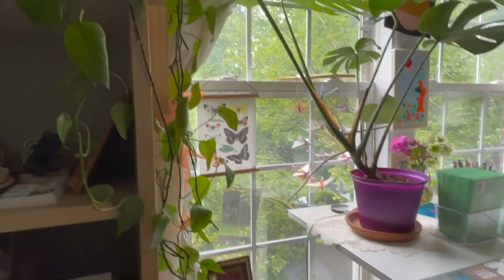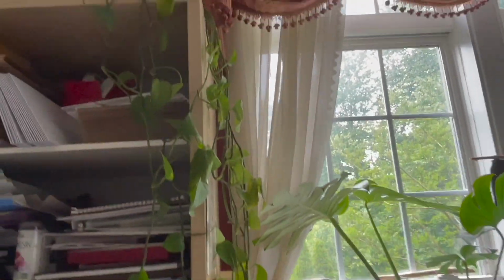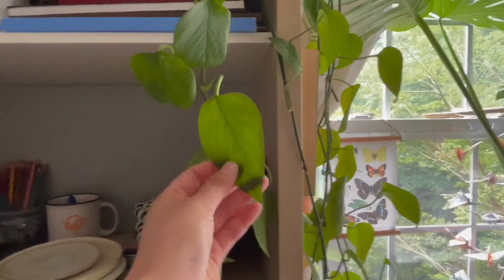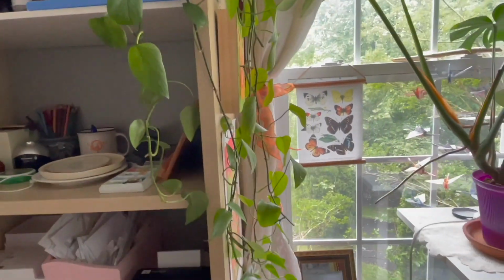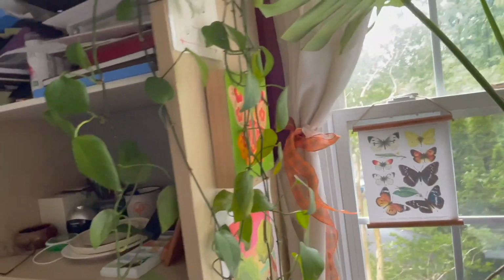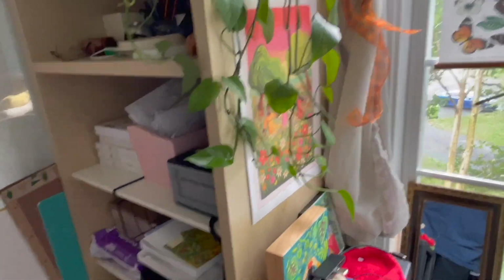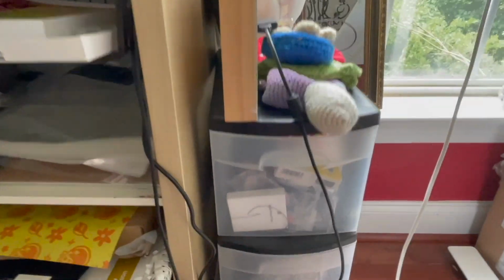Not sure what that's called, but. And then here we have my pothos plant that is very long and actually needs some watering because it looks a little dehydrated. So there's that, and then just a little corner, got my butterfly painting. Love butterflies. And then just kind of storage for ink and just random assortments of paints and things